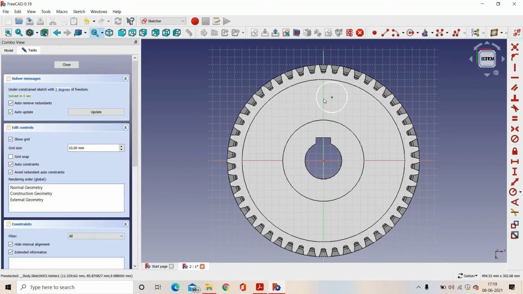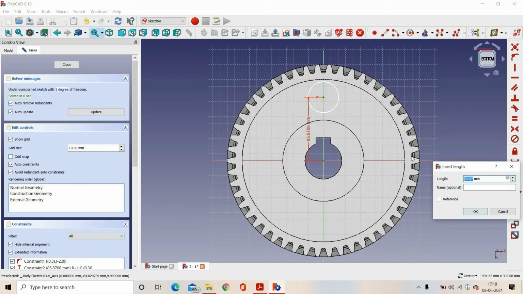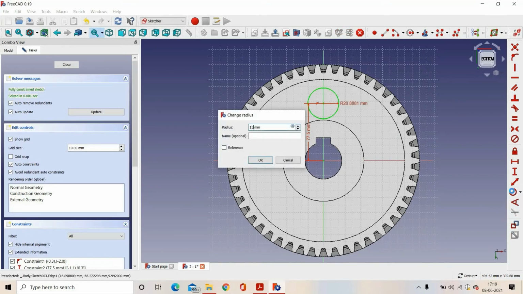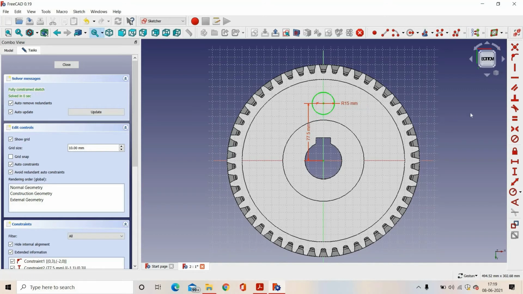This circle lies on this axis. Distance from this to the center is 77.5. Radius of this circle is 15 mm. So our sketch is fully constrained.